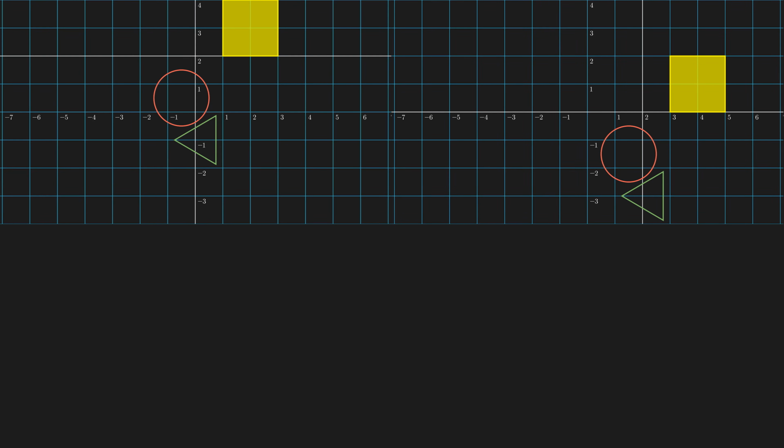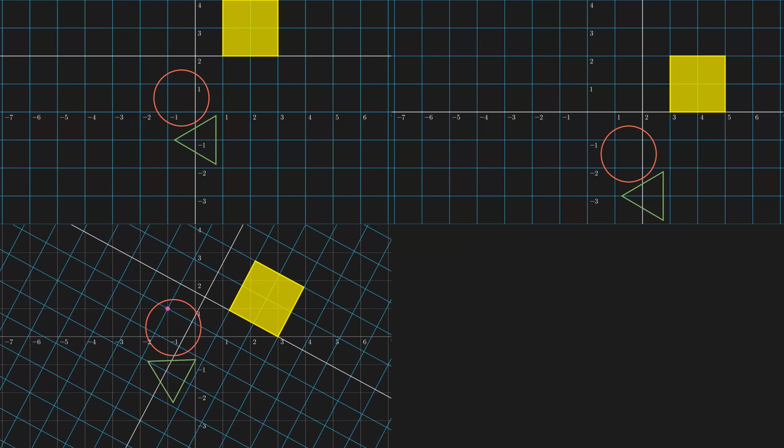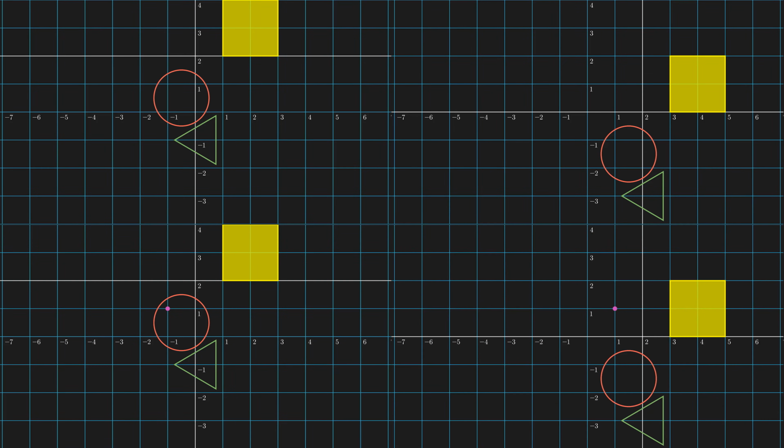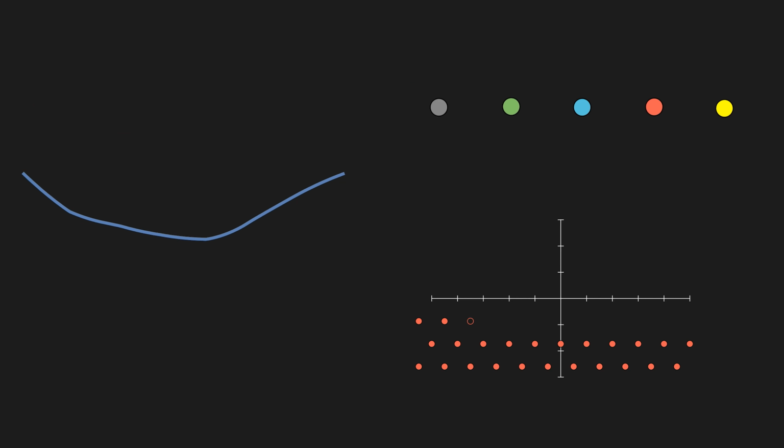Now, the really interesting thing is, either way we compose these transformations, they end up being rotations about some other point in space. And that raises a couple of questions. Why did they end up being rotations about some other point, which are -1, 1 and 1, 1 respectively? And the more important question is, can we come up with a formula for rotating about any point in space? And we will see in this video how the very technique we're about to come up with has something to do with solving partial differential equations, quintic equations, and Fermat's last theorem.